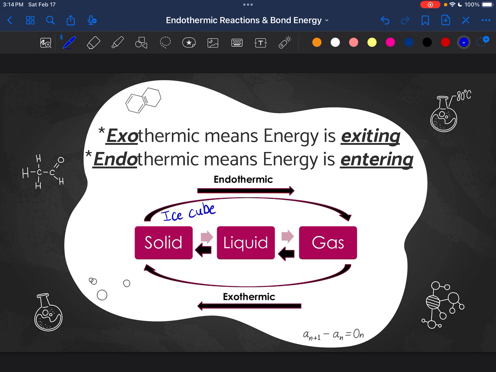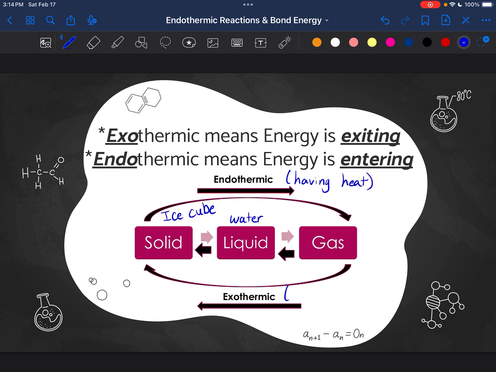Well, it's going to melt. If it melts, it becomes liquid, or let's say water. And obviously from water, it's going to become gas. Vice versa, if we don't have much heat, then it's going to go from gas to liquid and liquid to solid. So think about endothermic as having heat